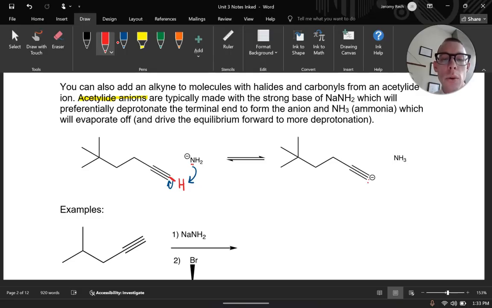And then our NH2 would become NH3. This right here is a gas, ammonia, and it will actually bubble out of your reaction. With regards to Le Chatelier's principle, when we think about this equilibrium, if we are losing our products, that's going to keep driving our reaction toward the forward direction. So this will just keep going and going as our ammonia keeps bubbling out, and that will do a really good job of getting us the deprotonated version, or this reactive intermediate, this anion with a lone pair at the end of your